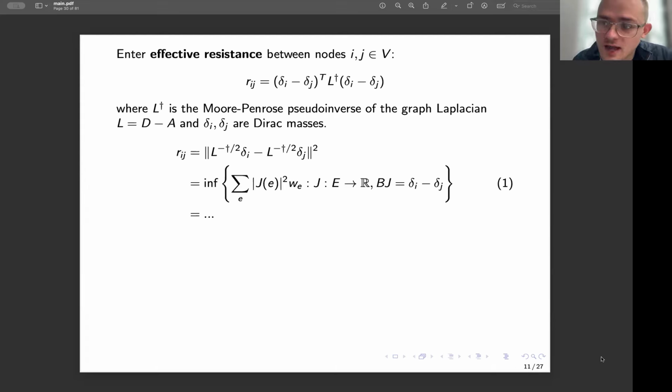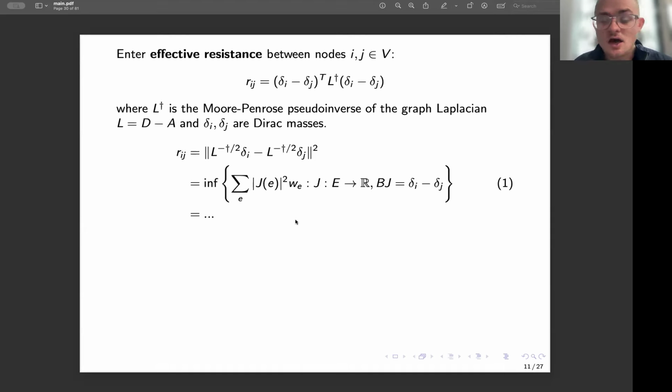This metric has a family, a menu, let's say, of different ways that one can formulate it. So a simple recasting of this formula would look like minus pseudo-inverse over 2. So this is going to be a positive semi-definite matrix. It admits a square root, so just take the square root of that, and think about it as being a squared Euclidean distance between embeddings of each node, if you want to think about it that way. If you want to think about this as an embedding of node J, an embedding of node I, that's one